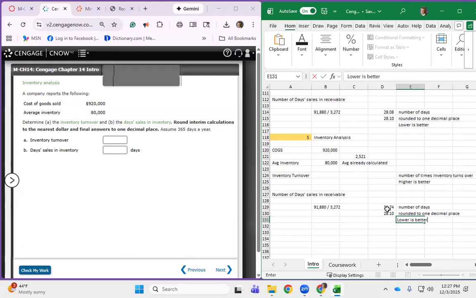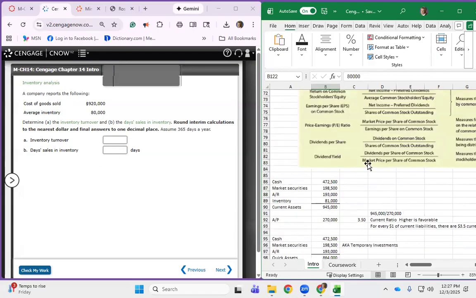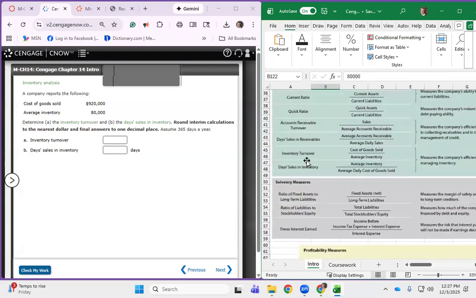Okay. So let me take these out and let's figure out what we've got. Once again, our COGS are 920,000. Our average inventory is 80,000. And if we go up here and look at the formula for inventory turnover and days sales in inventory,